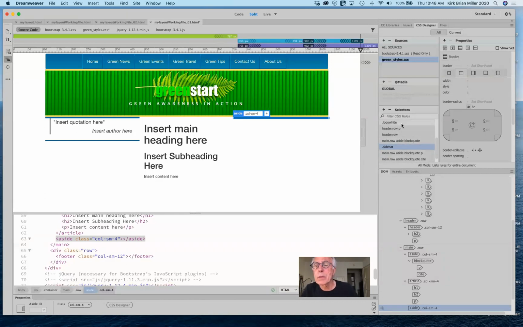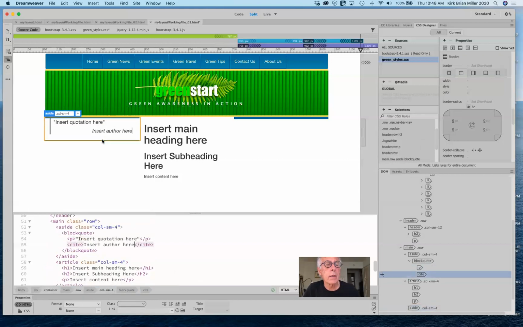But where did I put the aside? Well, let me just click inside here. Maybe I added it to the wrong, I probably did. I added it to the wrong, that could be